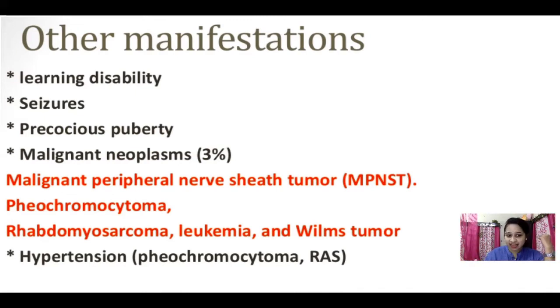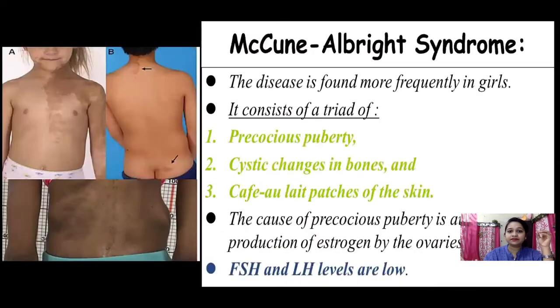I'm moving on to the next slide. So precocious puberty can be found along with malignant neoplasia, that is around 3%. Malignant peripheral nerve sheath tumor is found there. Pheochromocytomas, rhabdomyosarcoma, leukemia, and Wilms tumors. And don't forget, hypertension is very much related to this disease too. All right. Now,